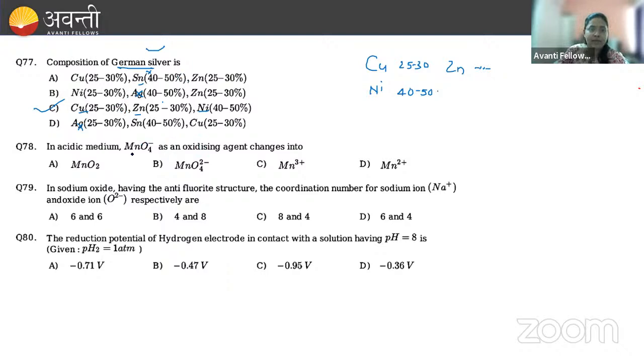Next, in acidic medium, MnO4 minus as an oxidizing agent changes to... We have seen many redox reactions, right? MnO4 minus, when it is present with the acid, in acidic condition, you know the